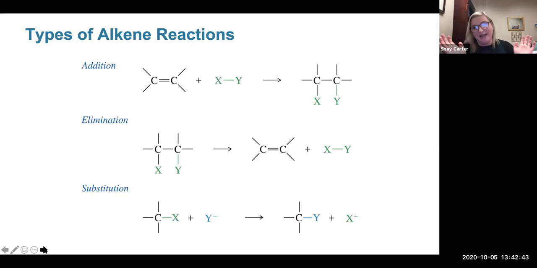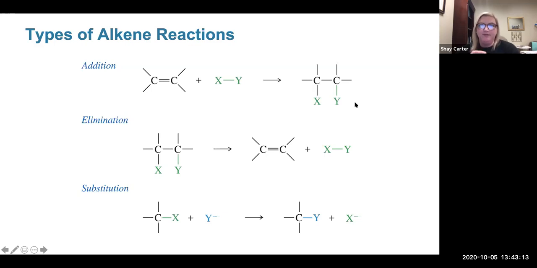In fact, with alkenes, electrophilic addition is one of the main types of reactions that alkenes undergo. So if we have an electrophile, okay, so this is something that is looking for electrons, our double bond acts as a nucleophile, okay, and can actually reach out. And what ends up happening is we add both of these across the double bond,